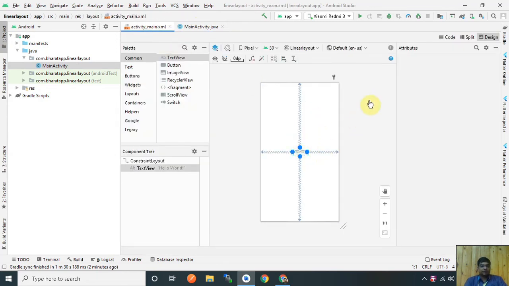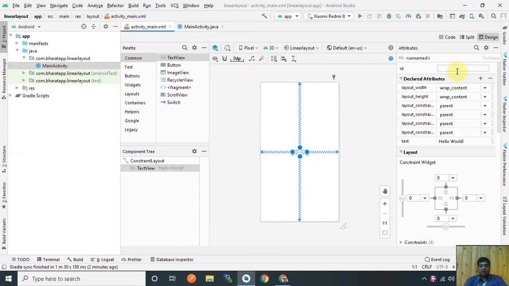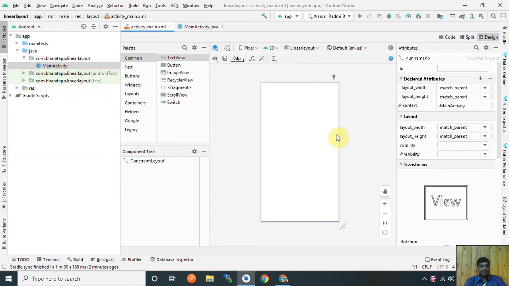Now we use the linear layout to design this layout. We create a login activity in this. There are three parts: design, split and code. Design is what is created and viewed on the screen, and the code part is the XML part.